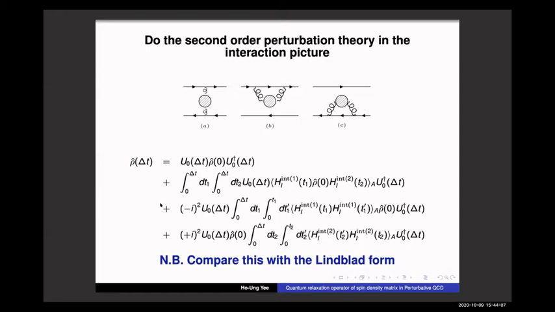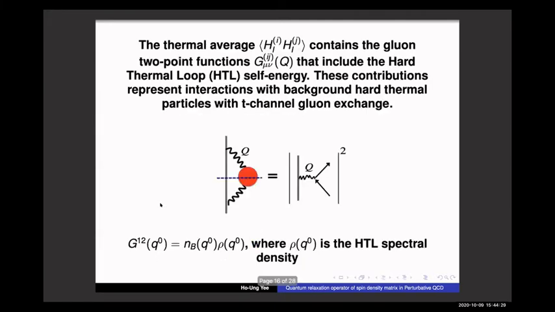And you can also compare each term with what is expected in the Lindblad form. Essentially, the Lindblad form has a very similar structure of this self-energy and the cross terms. Okay, so now let me just mention that the gluonic 2-point functions in our approach, in our leading order computation